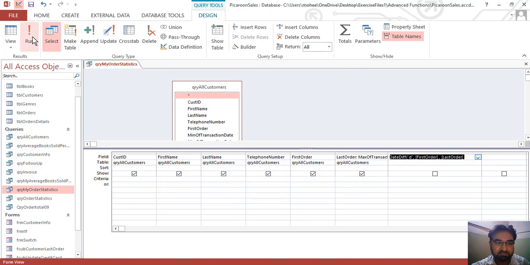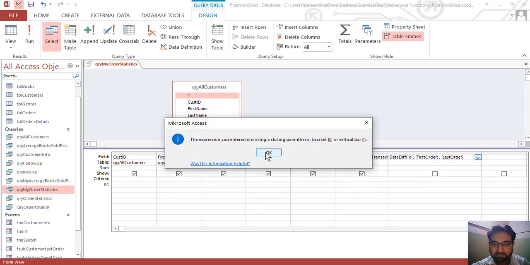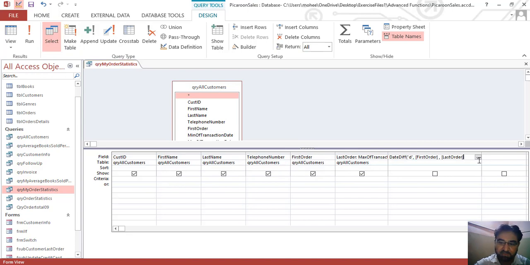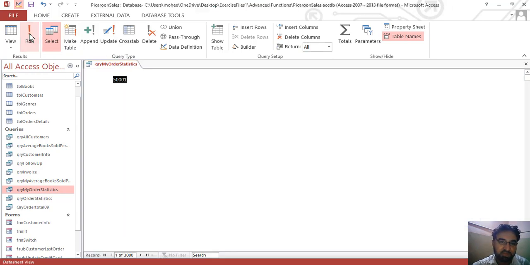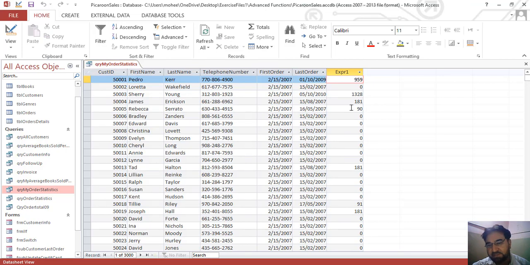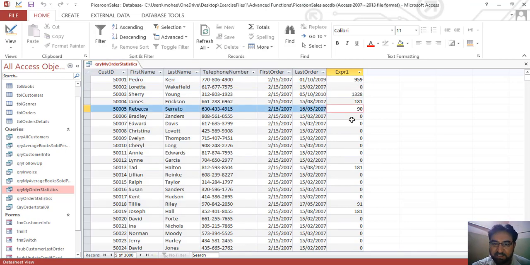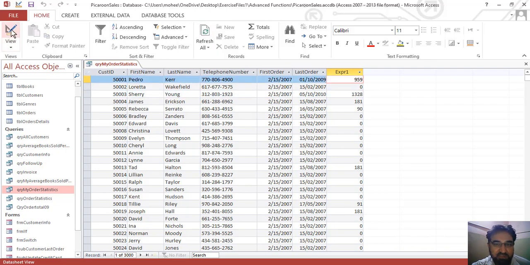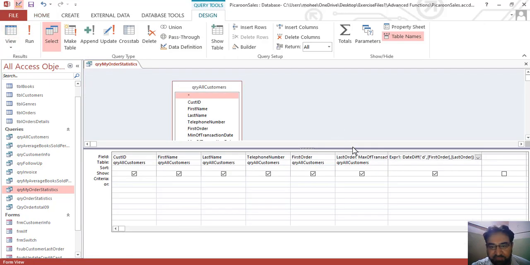So let's run the query. Okay, enter this parenthesis and now run the query. Now we can see that we got the difference between the two dates, the first order date and the last order date, and we can see how many days lapsed between these two orders. This is what this query presents.